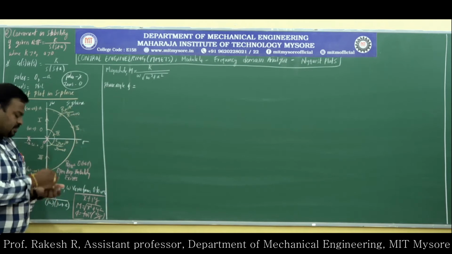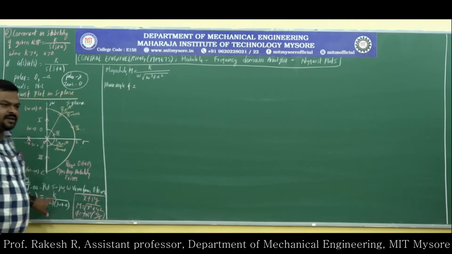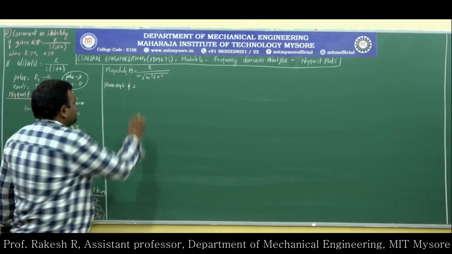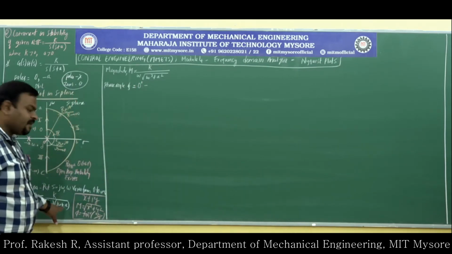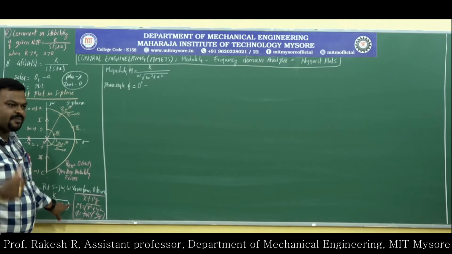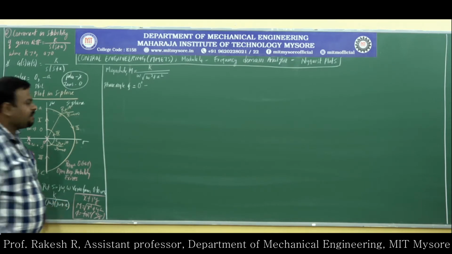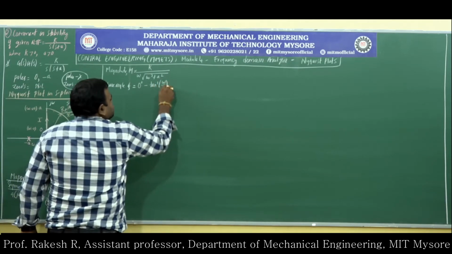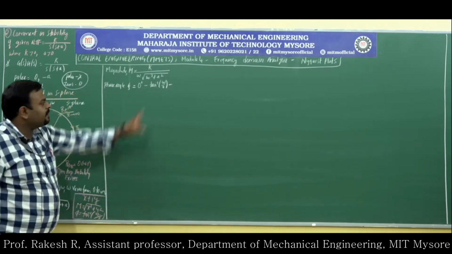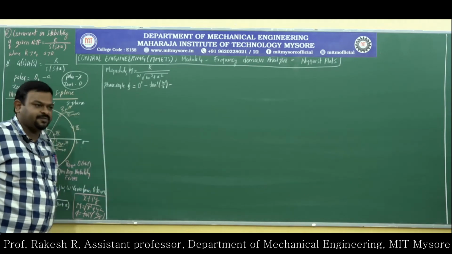The same thing I will substitute here. For K, there is nothing, so it is 0. The phase angle for the numerator is 0, minus that of j omega plus 0. So tan inverse of omega by 0, which is infinity, anything by 0. I will write this out since it is the second problem. In the next problem I won't write this, I will directly solve the steps.